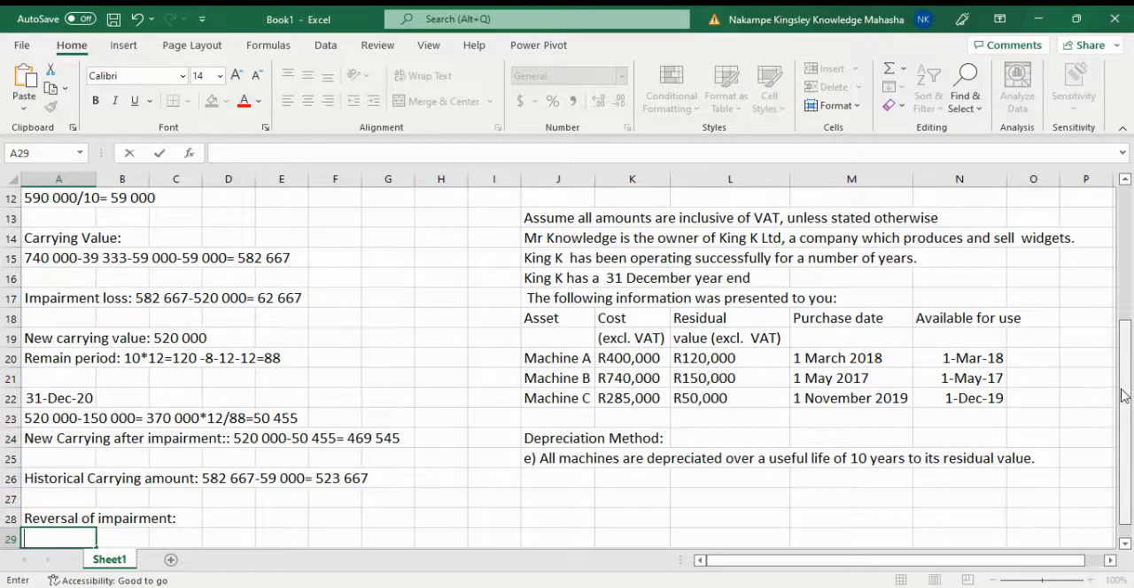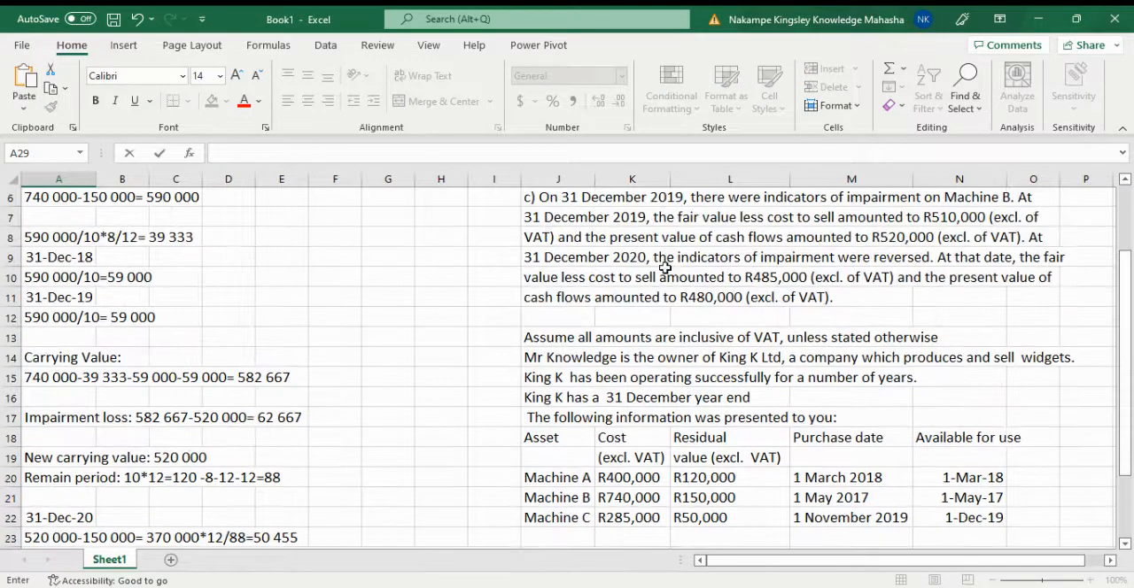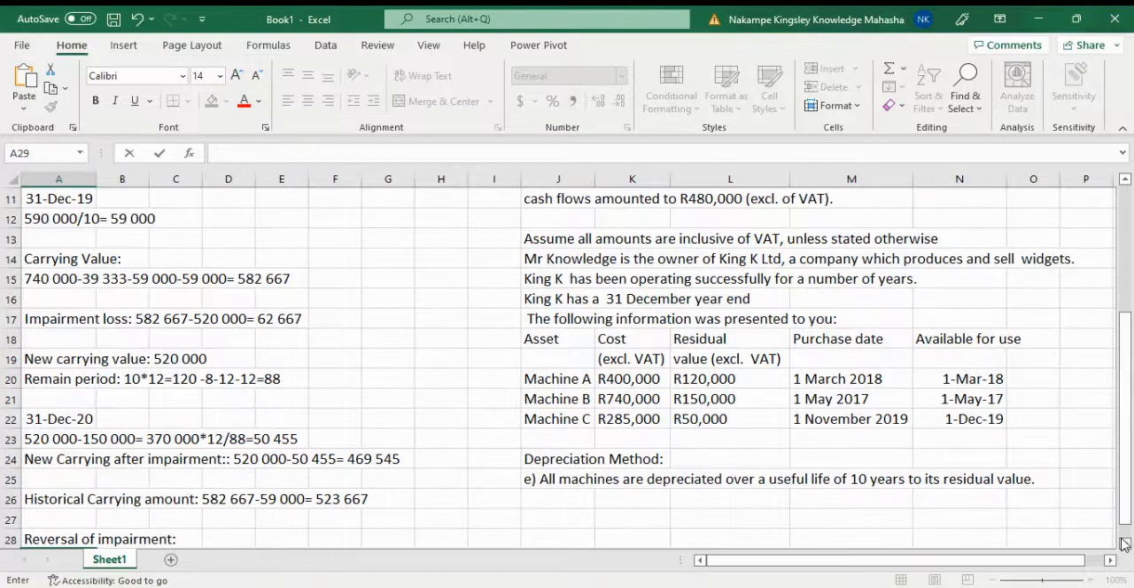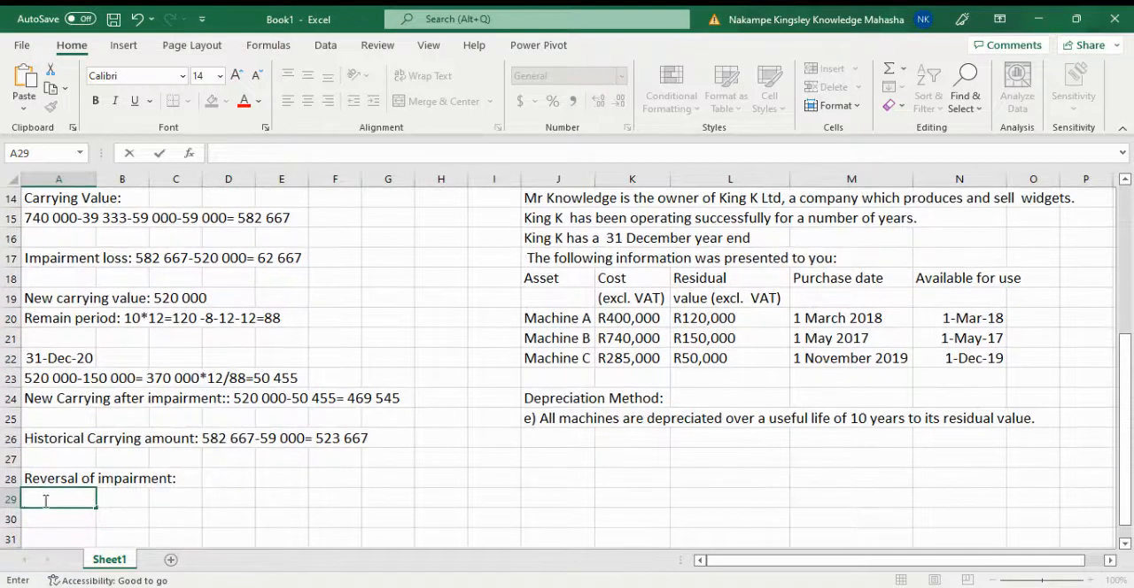Firstly, you're going to come to this side. What amount are you given? These indicators need to be reversed at that date, which is the 31st December 2020, right? And then the fair value less the cost to sell amounted to 485,500. Remember, even here we take the bigger one. The bigger one is the fair value less cost to sell, right? We're going to take 485,000. So now to calculate our reversal of impairment, we're going to say